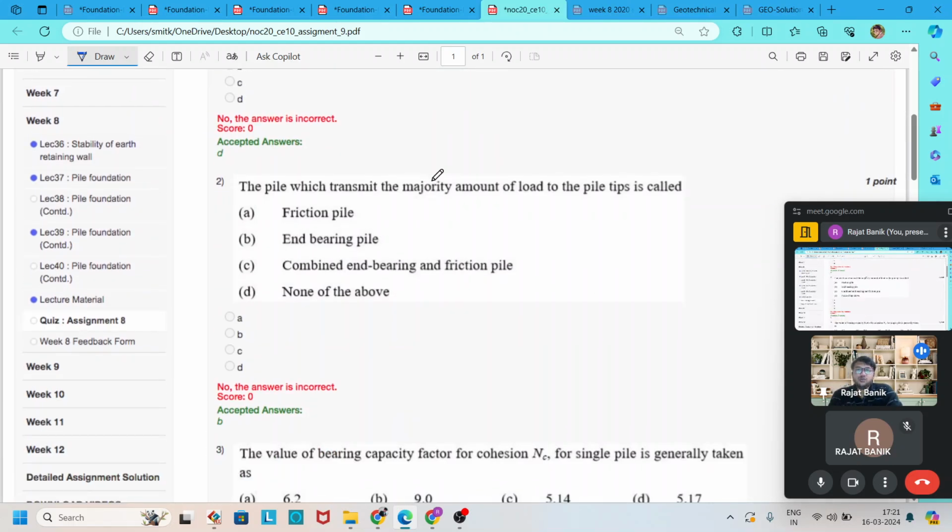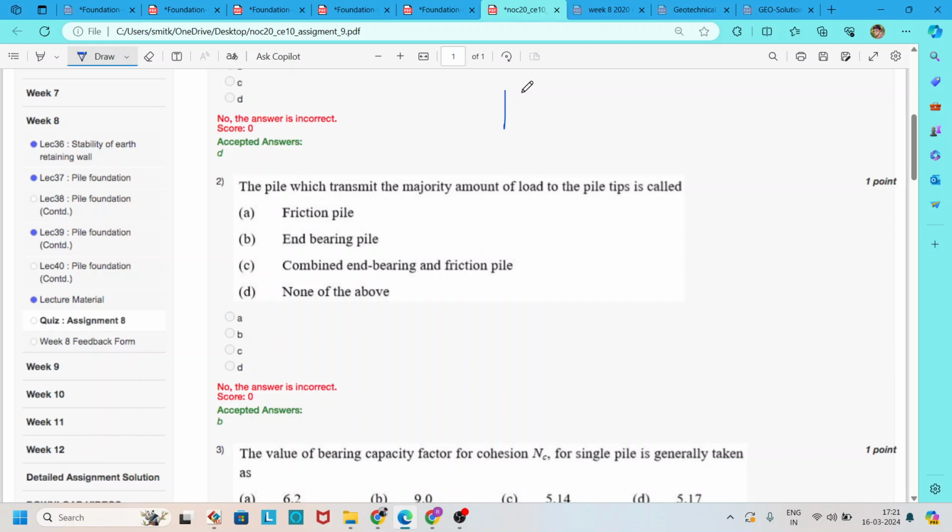Now, question number two: the piles which transmit the majority of the load to the pile tips are called. So we know that piles, based on capacity, are divided into three types. One is friction pile, another one is